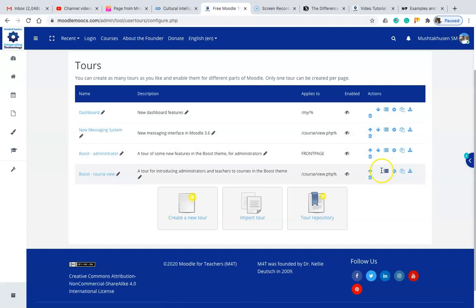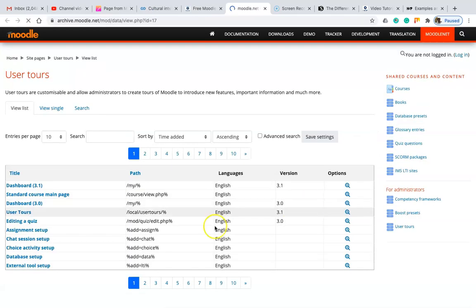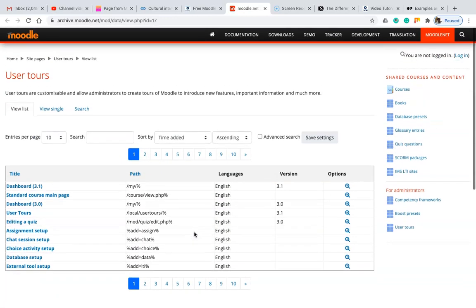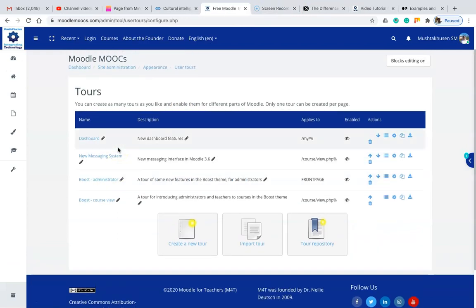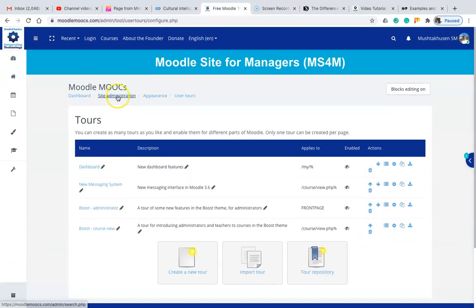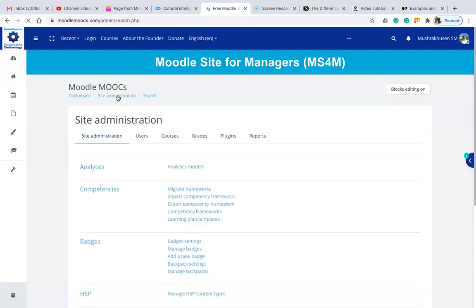So these are the actions. Then create new tour: you can create a new tour, or you can import a tour. Then the tour repository: if you want to select any one of them from this repository, you can click onto this and select one. So here is the user tour repository. Yes, let's go back to site administration again. So this is what we have in appearance.